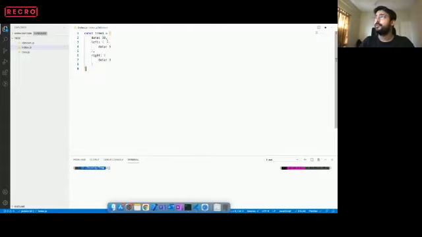So how does this tree look? 10 is our root, then 5 is the left child, and 3 is the right child, correct? So this is our very simple tree. And then we'll try to write some code for pre-order, in-order, post-order, and level order traversal, right? So we'll start with pre-order traversal.